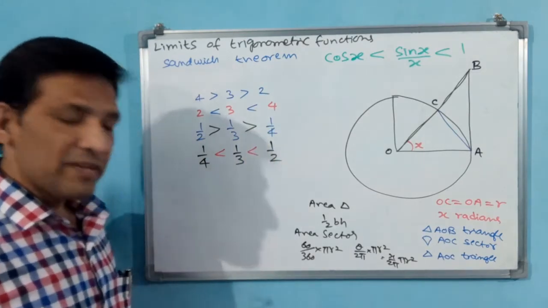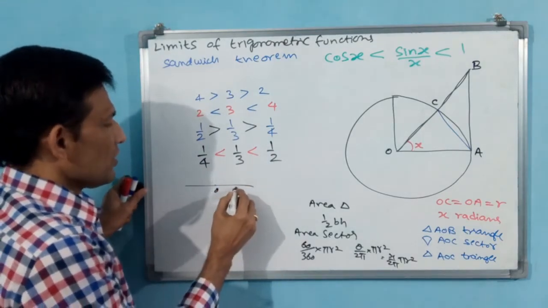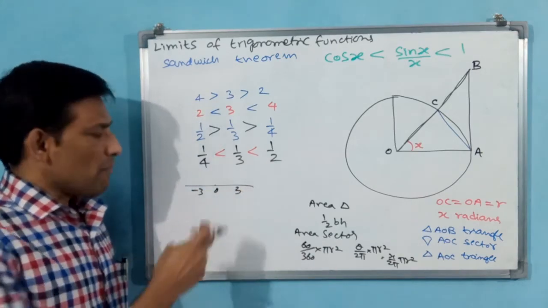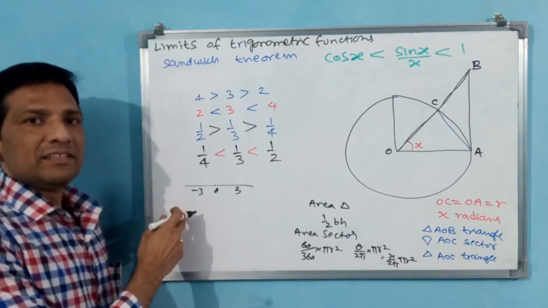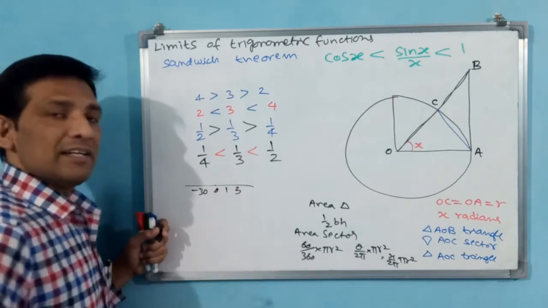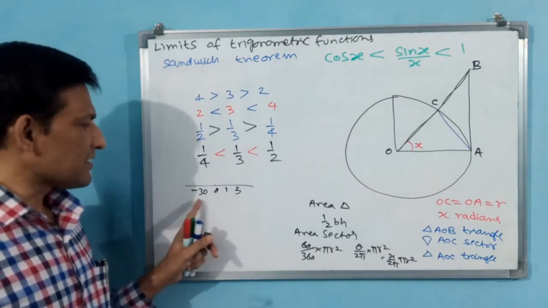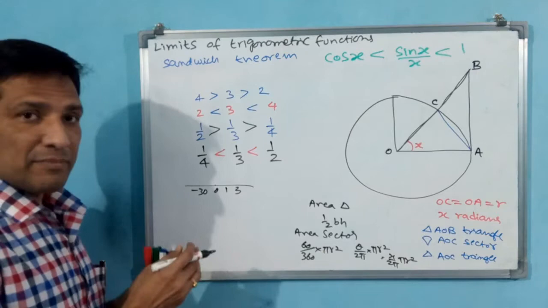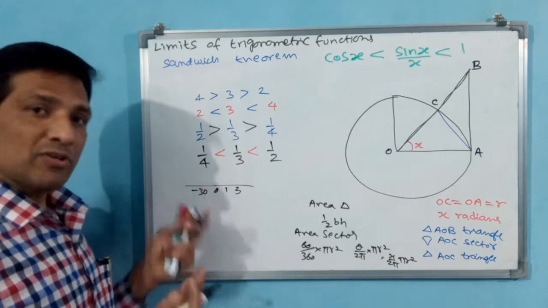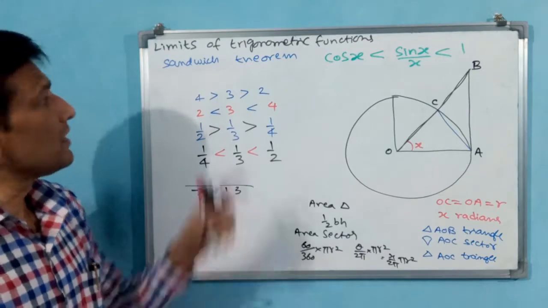See, what about a real number line also? You tell me now, here 0 is there, here 3 is there, here minus 3 is there. Minus 3 is always less than 3. If I say 1 here, and 30 in the minus side, then on the negative side, minus 30 is less than 1. Here the number doesn't matter, where it lies is what matters. These concepts you have to understand before we proceed to the sandwich theorem.